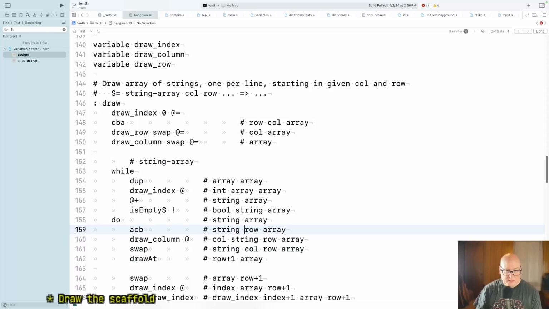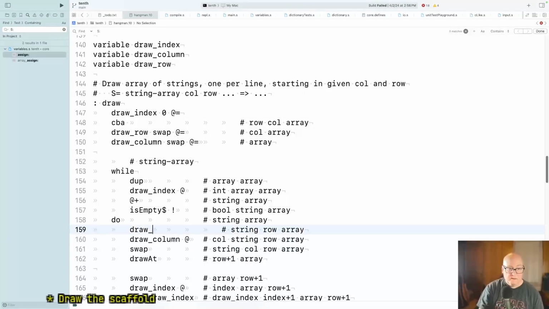String array, and then we want to, we're trying to get things in string column row array for the drawing stuff. Okay, so I think instead of this, we'll do